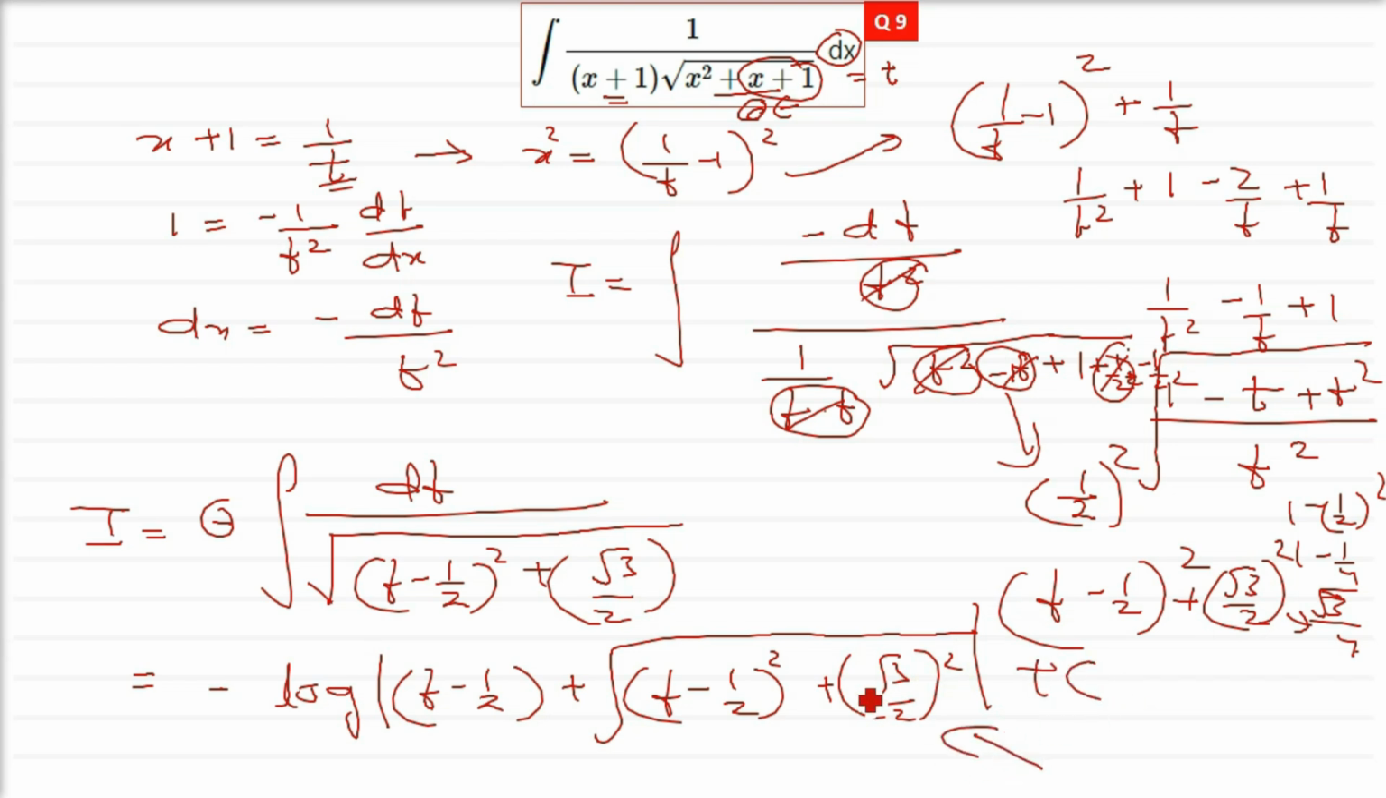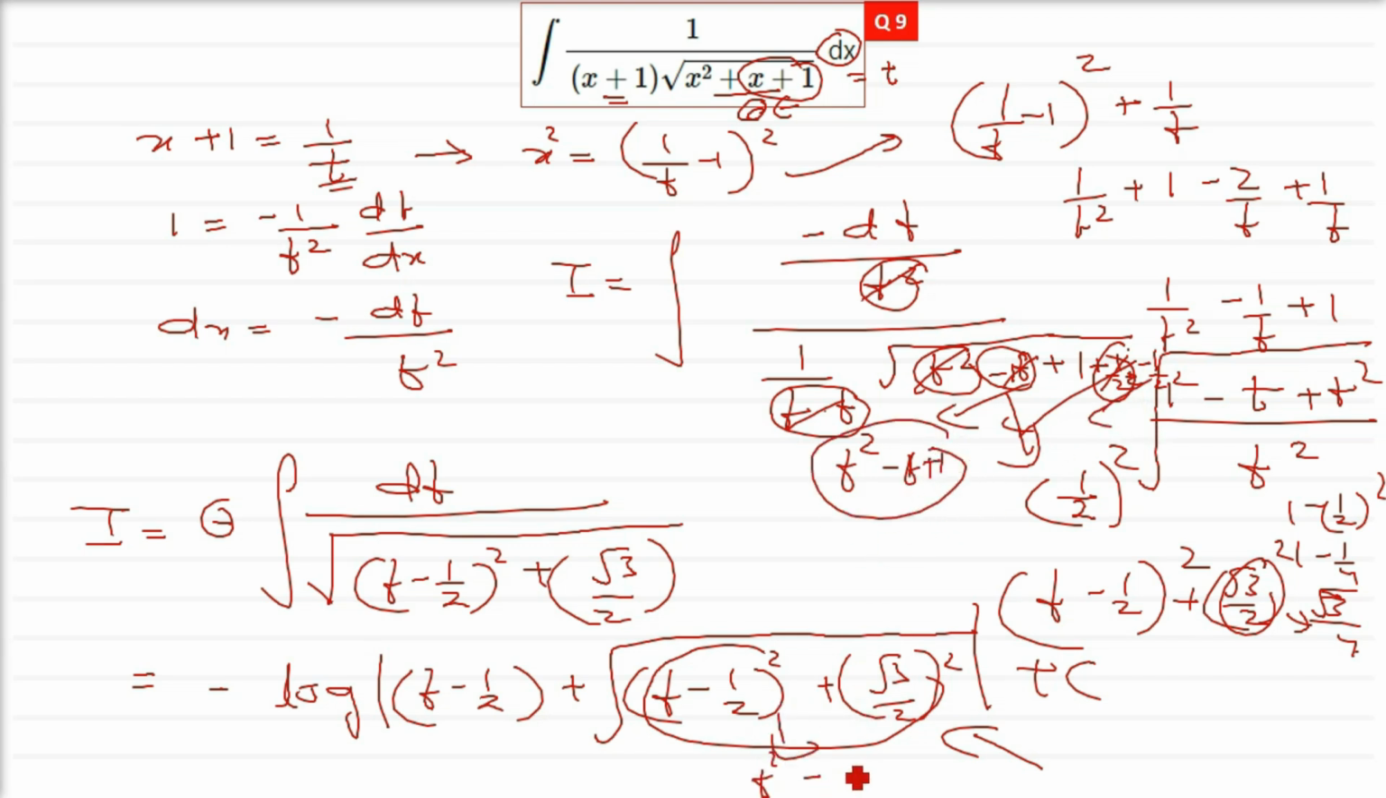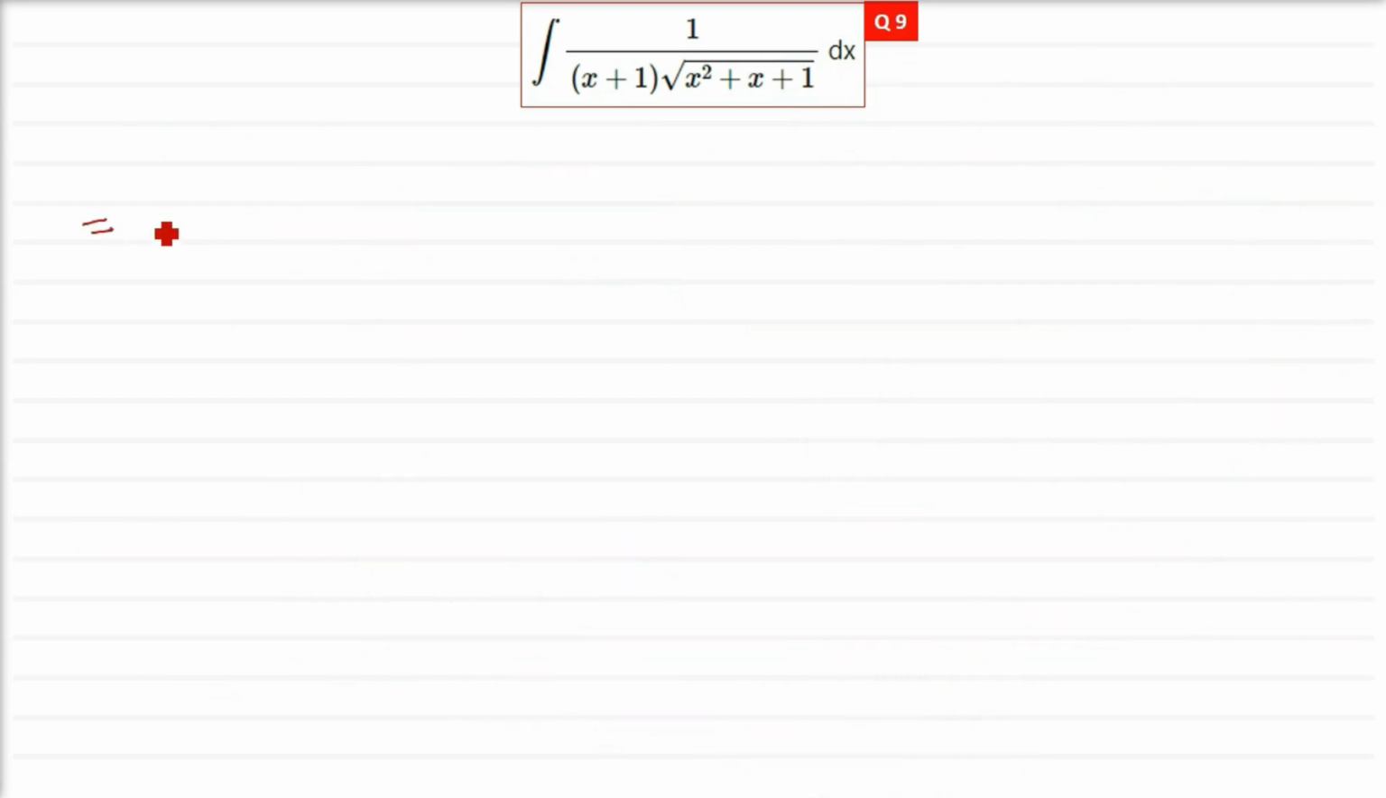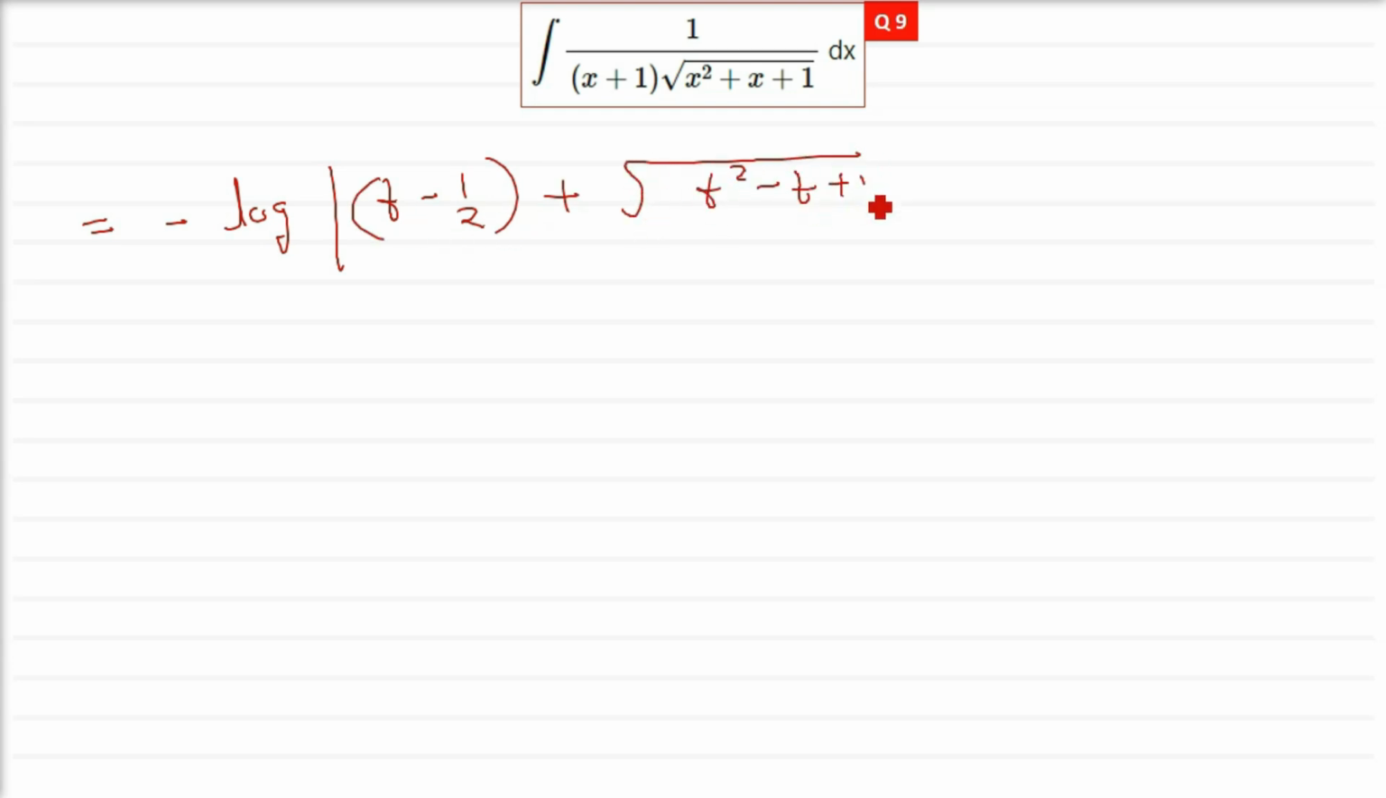So you can just write t square minus t plus 1. As I suggested, we can just write t square minus t plus 1 in this place, because we have added half square, we have subtracted half square, and then we have arrived at this particular under root. So t square minus t plus 1 will replace t minus half whole square plus root 3 by 2 whole square. So let me write this. T square minus t plus 1, and this t minus half is also there. So we'll replace now t. So this final result will be something like this: minus log, inside the modulus sign, it will be t minus half plus under root, as I told you, you can write it as t square minus t plus 1,